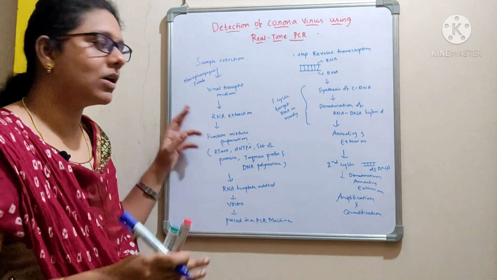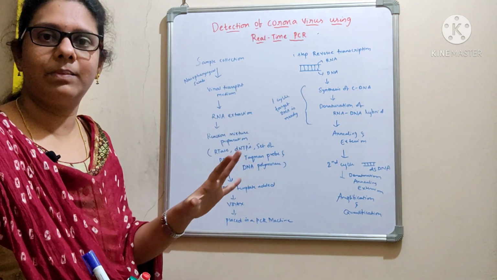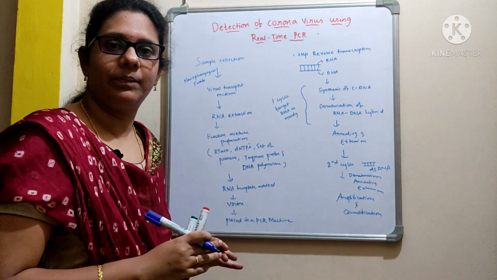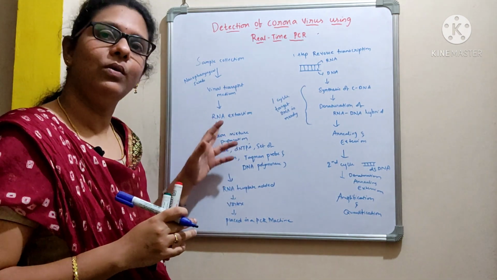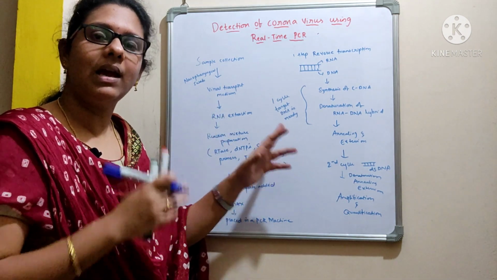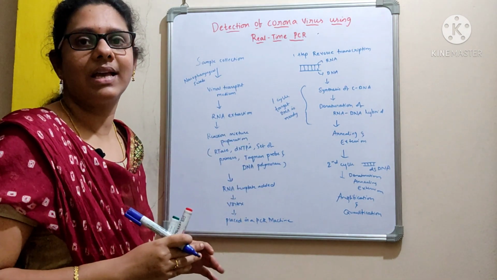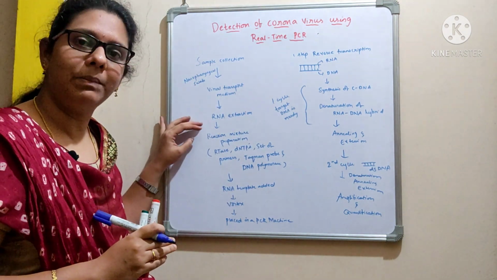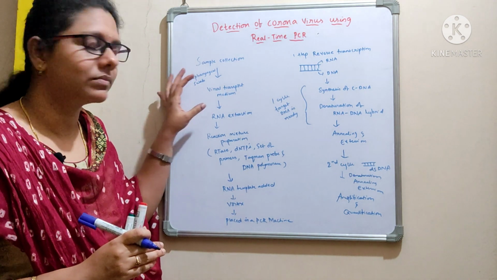As I told you just now, this coronavirus has RNA as its genetic material, but using PCR we can't amplify RNA, we can amplify DNA. So we are going to first extract the RNA, and by the process of reverse transcription we are going to synthesize complementary DNA from RNA. So using a kit method we are going to extract the RNA from the virus.